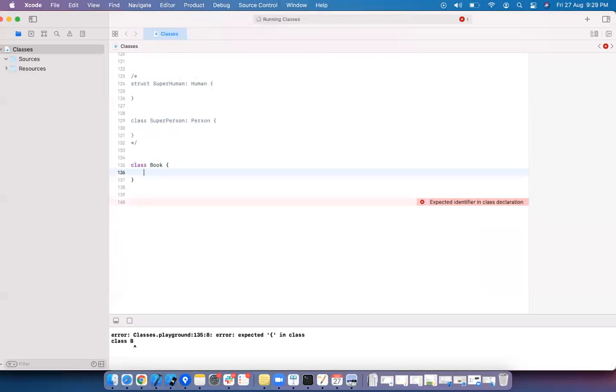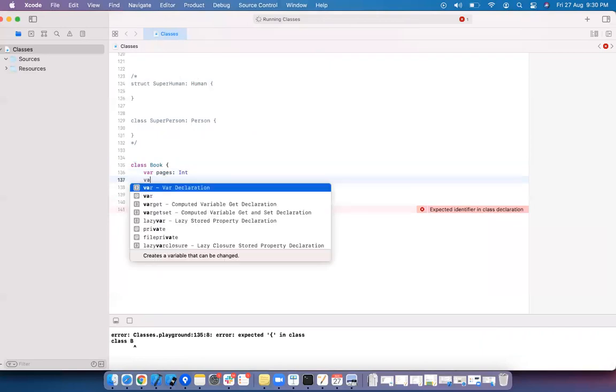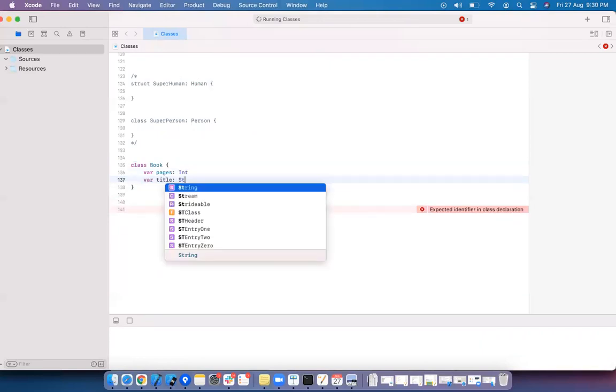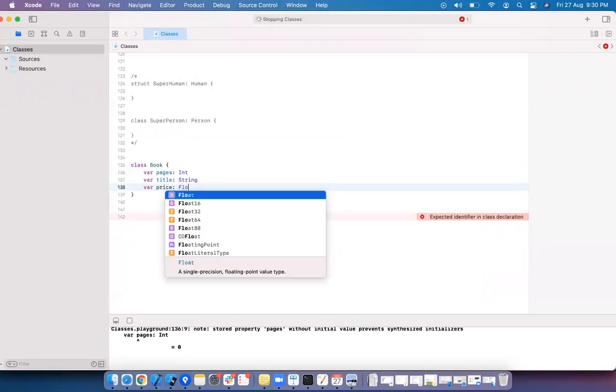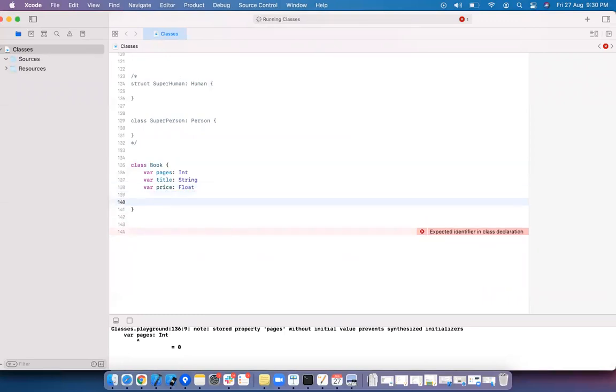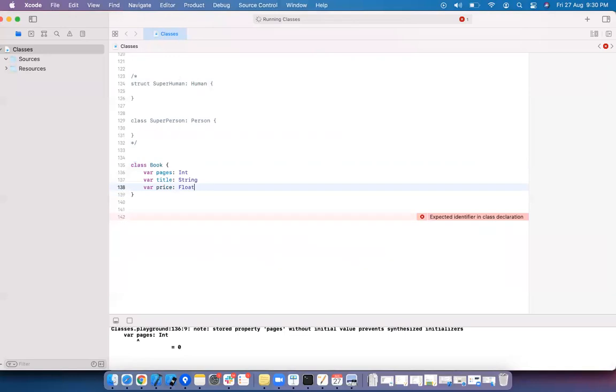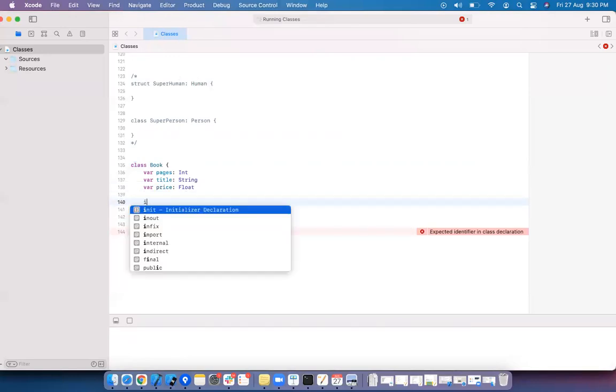Class Book, which is having number of pages, title of the book, price of the book. I have not given anything here. I'm just writing one init method.